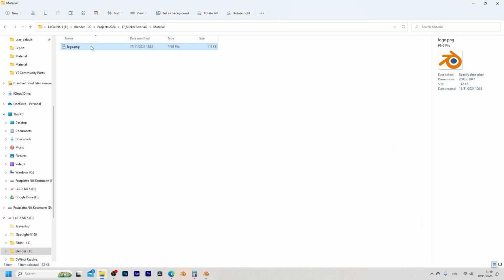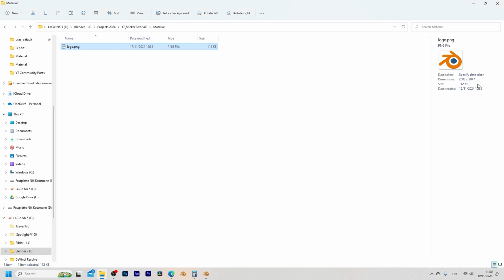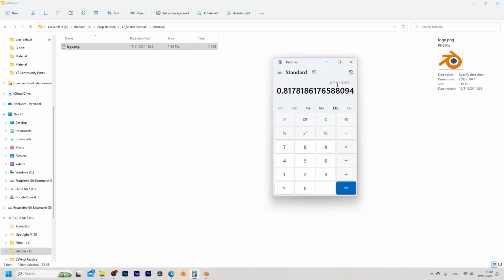This is happening because the image I used isn't a perfect square. Right here you can see that it is 2503 by 2047 pixels. Now in order to fix this, we can simply go back to our Mapping node and just play around with the X scale in order to fix this. And if you want to do it precisely, you can take the dimensions and simply divide 2047 by 2503, which